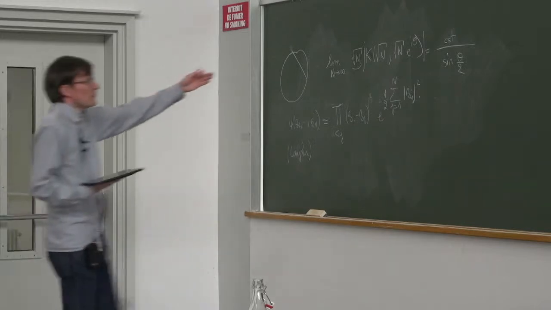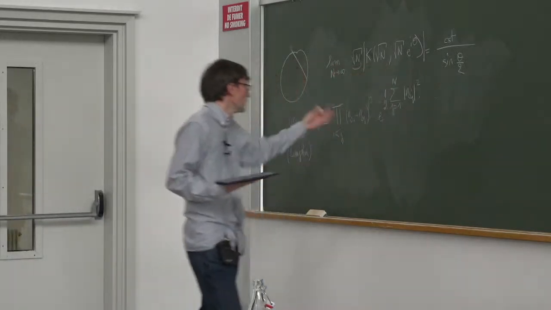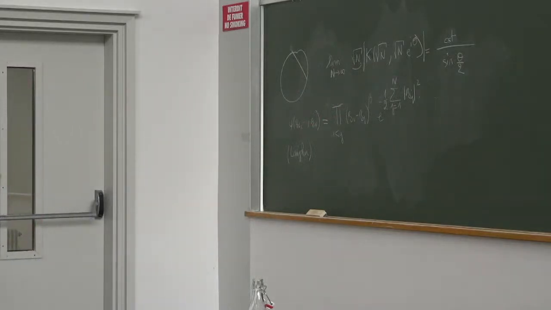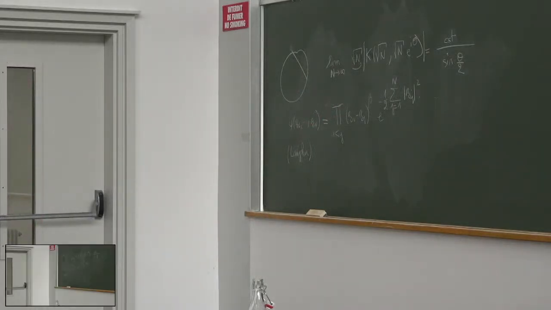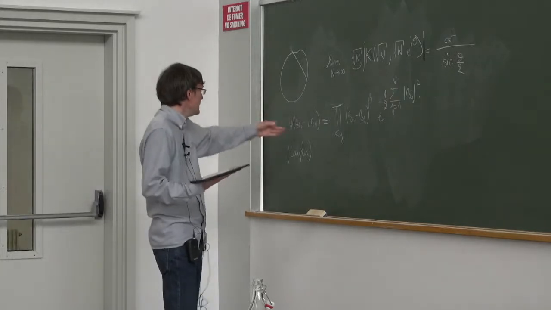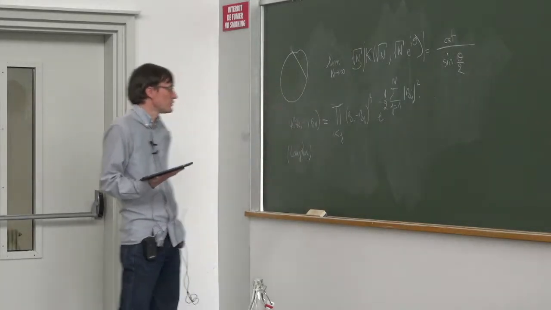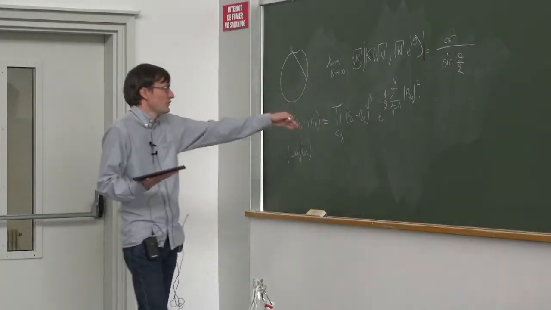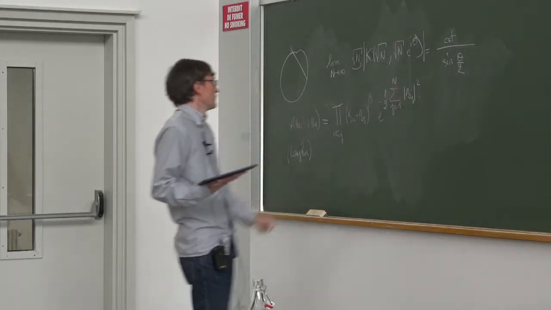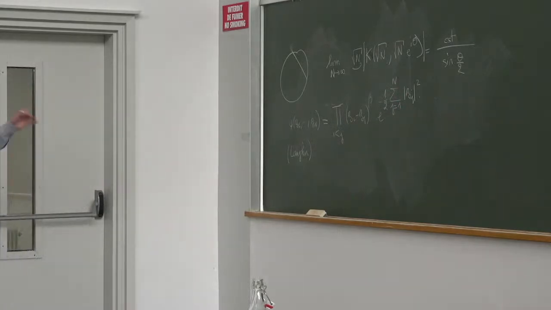But this type of scaling you expect to hold also at the edge of such more complicated wave functions, for which you can't compute things explicitly because you don't have determinants anymore. So there are many generalizations, and there are many more complicated wave functions. You can write similar wave functions where you add extra factors like Pfaffians and stuff like this. So there are many wave functions in fractional quantum Hall.